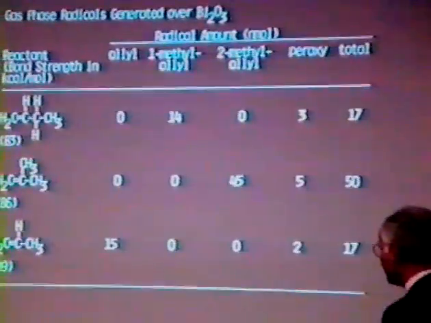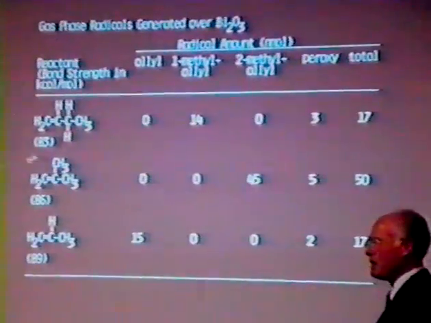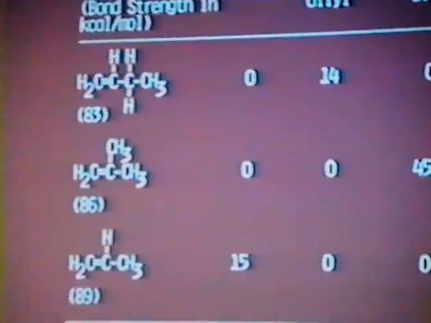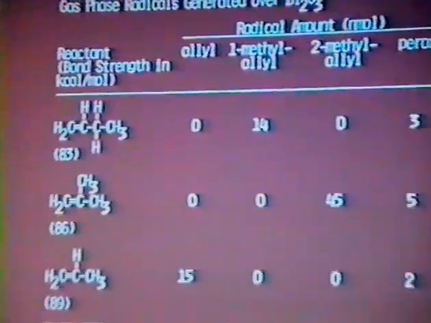And one of the factors that I think would be obvious as you simply look at these molecules is that they have differing numbers of allylic CH bonds. For example, here we have 6, here we have 3, and here we have 2. So simply the number of allylic CH bonds more or less predicts the numbers of radicals as long as the bond strengths are more or less in the same ballpark.